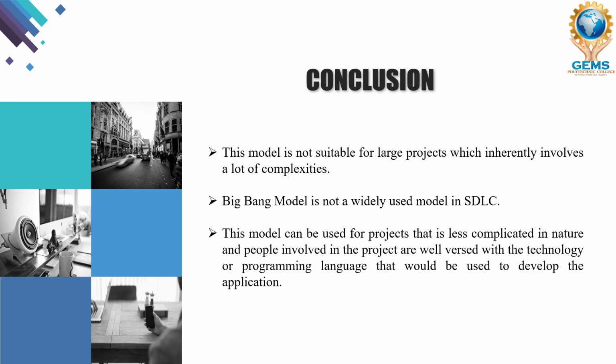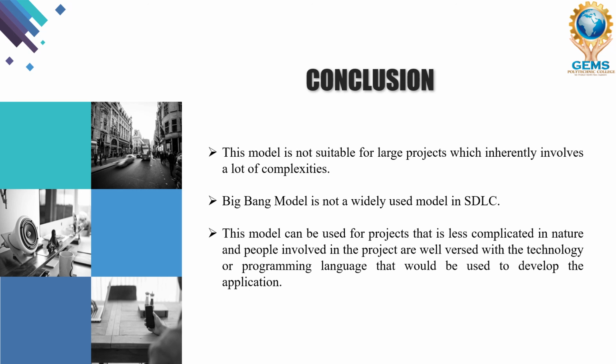So second point says that, कंक्लूजन में कि बिग बैंग मॉडल जो होता है हम लोग ज्यादा इसको इस्तेमाल नहीं कर पाते हैं। इसके पीछे बहुत सारा रीजन है, कोई फॉर्मल प्लानिंग नहीं होती है और रीजन इसका यह है कि कोई भी एक प्रॉपर मेथड को कोई फॉलो नहीं करता है फॉर द डेवलपमेंट ऑफ द सॉफ्टवेयर।